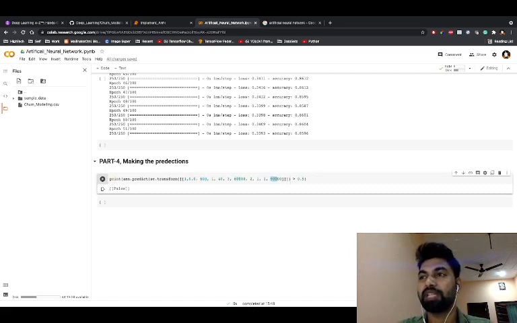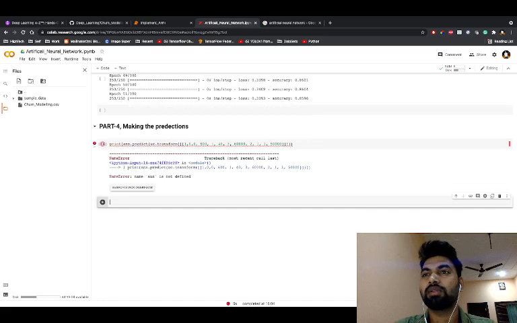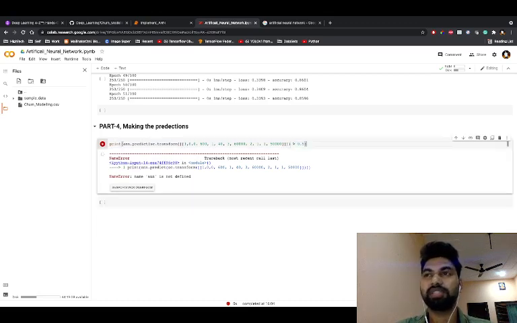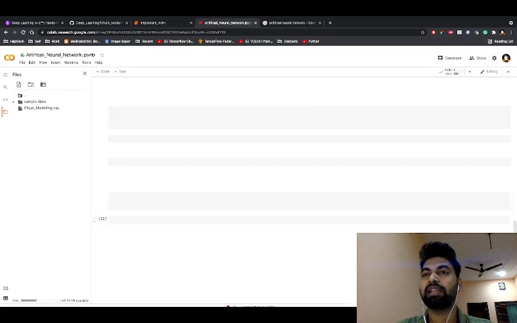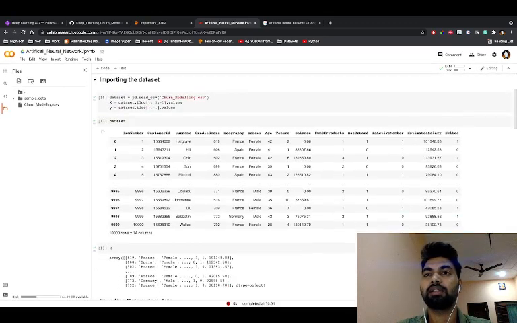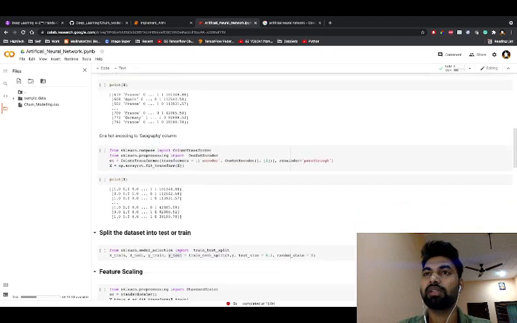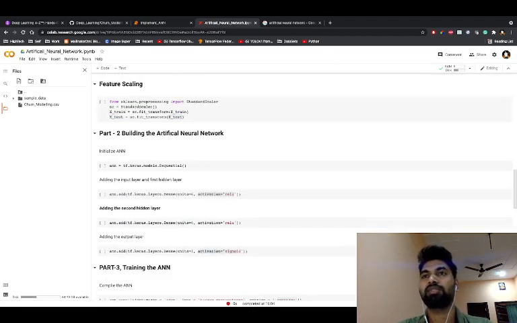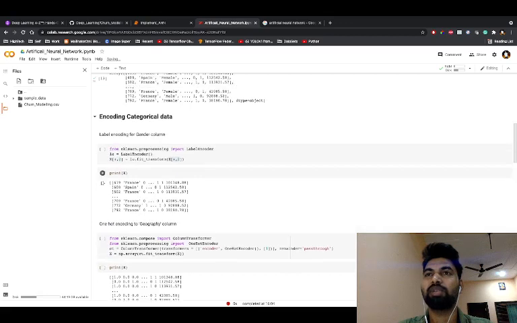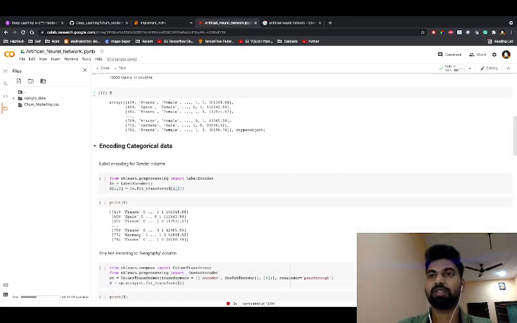So here what I'm doing, let me remove this one, greater than 0.5. Now let me run this one. So NN is not defined. Okay, so guys, I need to run through this entire sheet again. Let me go here, where is ANN, right? It says it hasn't run, because the green symbol is not there, right? So up to here it was run. Let me do from here onwards.